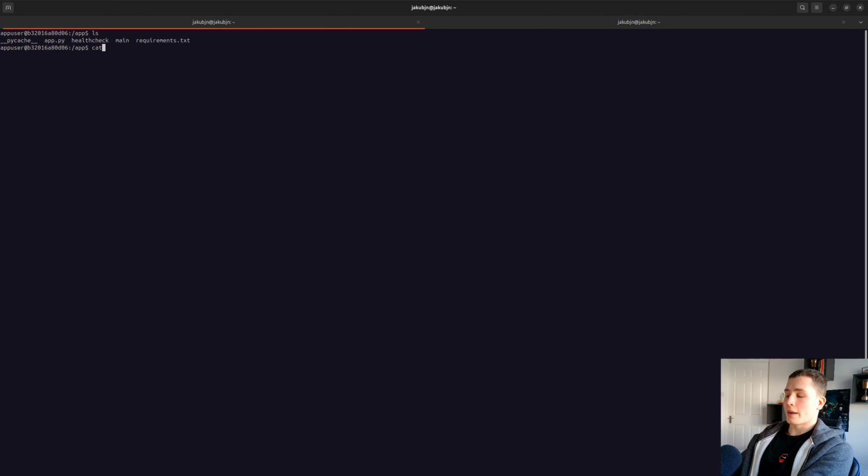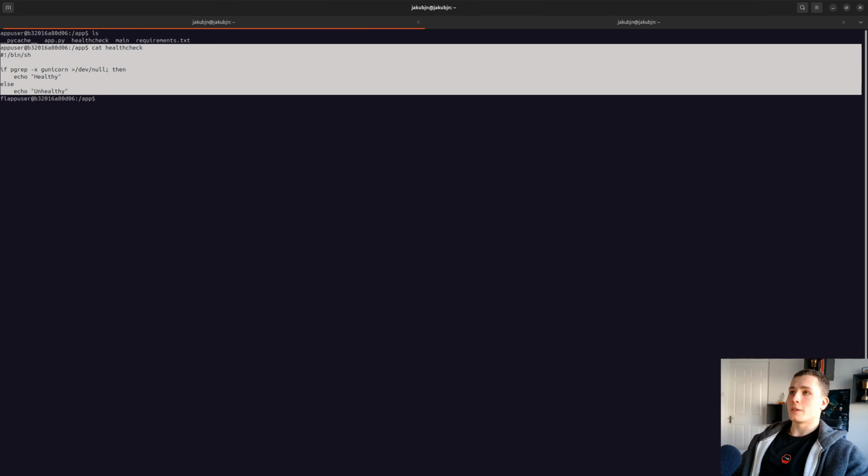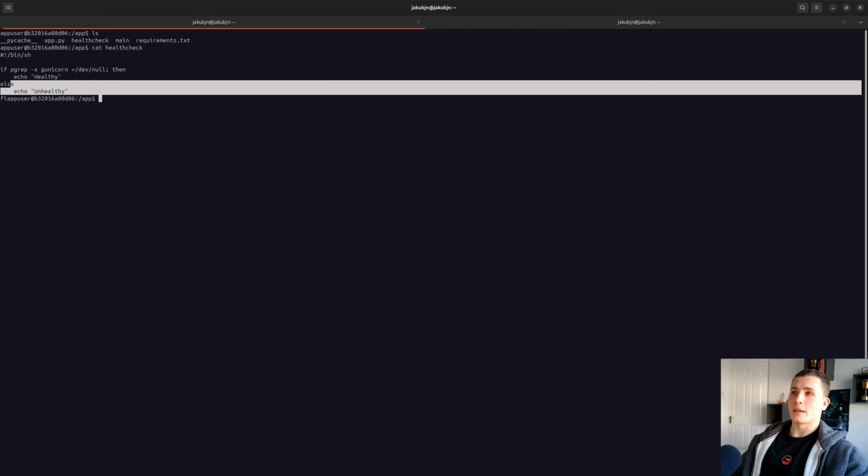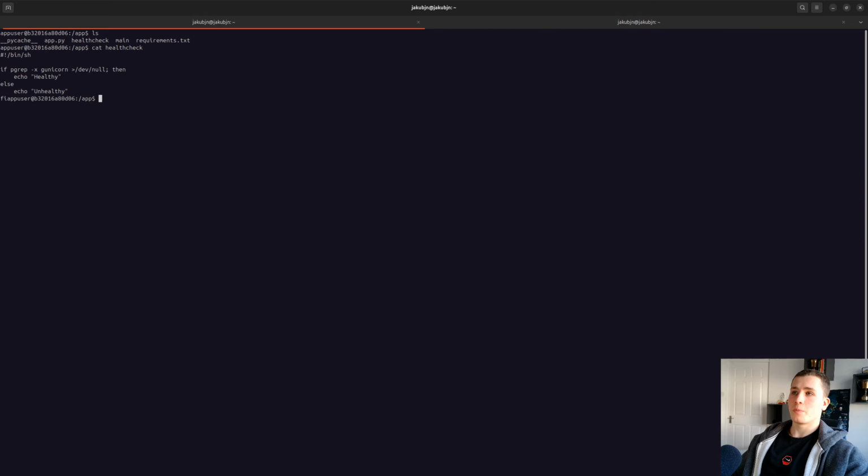Let's have a look at health check then. Let's see what health check is doing. And you can see all this is doing is just checking if Gunicorn is running, and then it's just echoing healthy or unhealthy. But a mistake that a lot of developers sometimes make is, if you